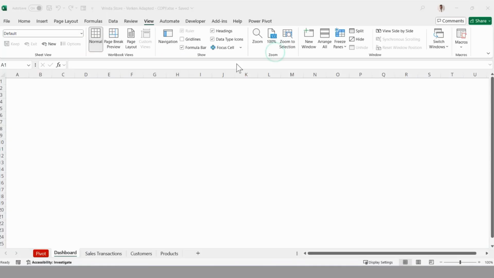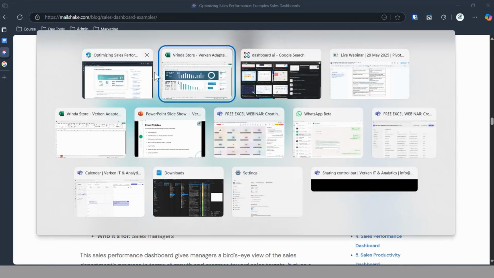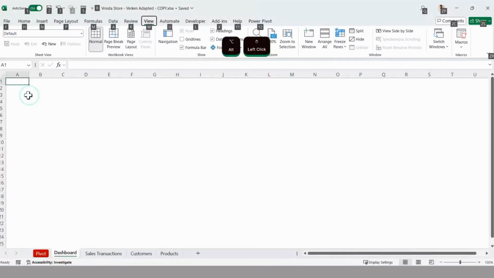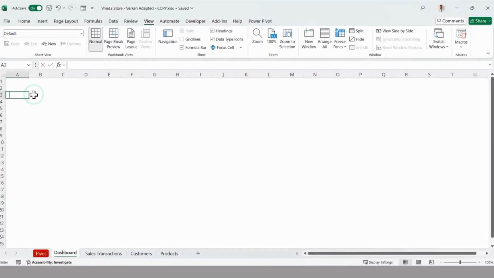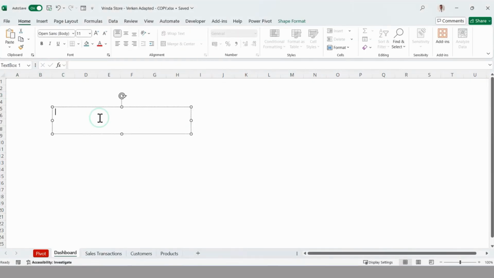Okay, so the first thing is we want to put a title like sales performance dashboard. So how do we do that? You may be tempted to type in, let's say, sales performance dashboard. On a dashboard, I typically don't type my things into cells. All right, so I'll delete this. We will insert a text box. All right, so a text box like this, and then let's write sales performance